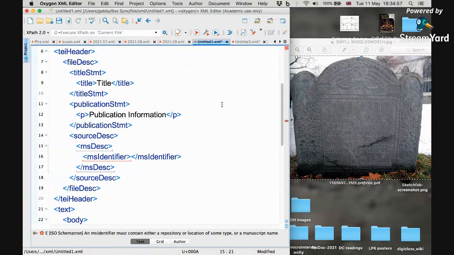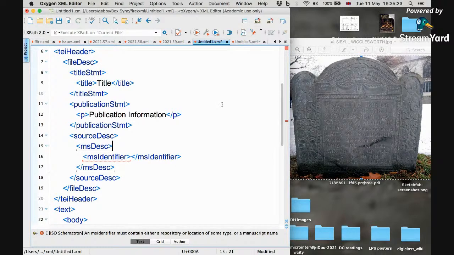The msIdentifier is, according to the TEI, every manuscript or every object that bears text has an identifier which usually involves a repository of some kind. And this is the unique identifier which enables us to record and point to this manuscript. Now, if TEI is being used to encode text that you have transcribed from a manuscript which is in a library and has a class mark or an inventory number in that library and so forth,